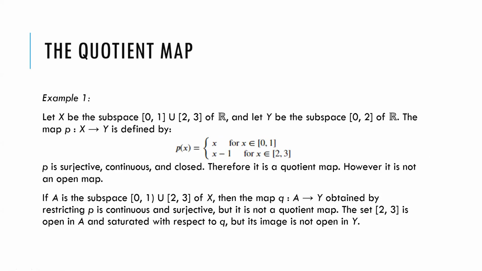So we say that it is surjective since each possible image from our Y is mapped to at least one member of our X. And then it is continuous since the pre-image of every open set here is an open set here. And we can see that closed sets from X will map to closed sets in Y. So we get that it's a quotient map. However, it is not an open map because this set, the closed interval from 0 to 1, is an open set on X since